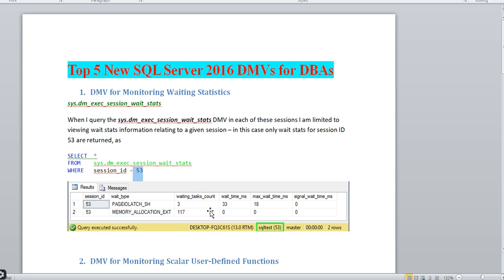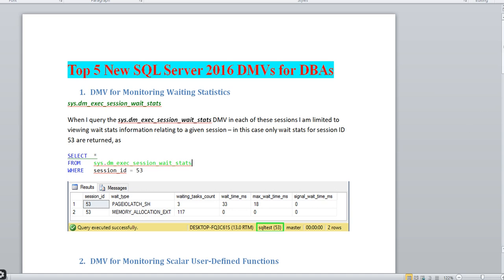We have extracted the reports for that particular session ID 53, with the statistics, wait times or lock counts and so on. So through this DMV we can pull the reports for a particular session ID.